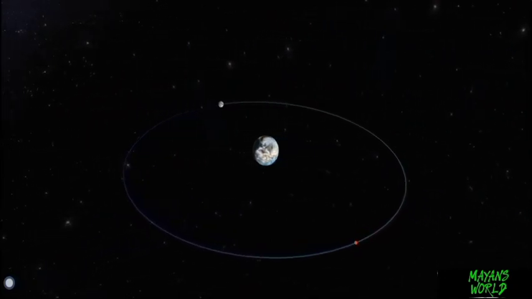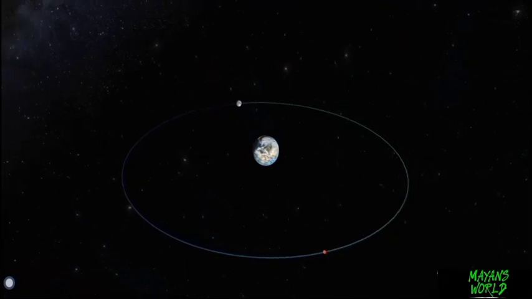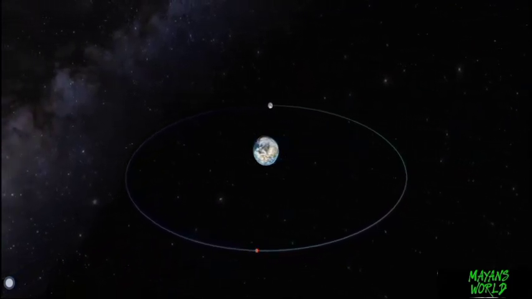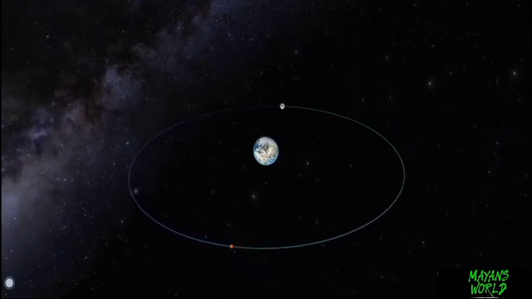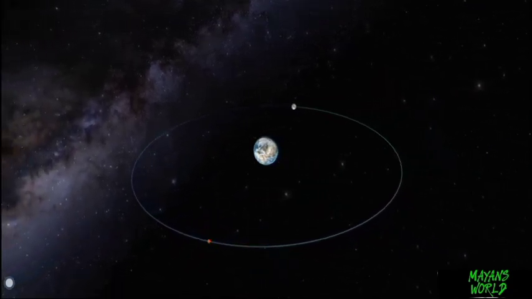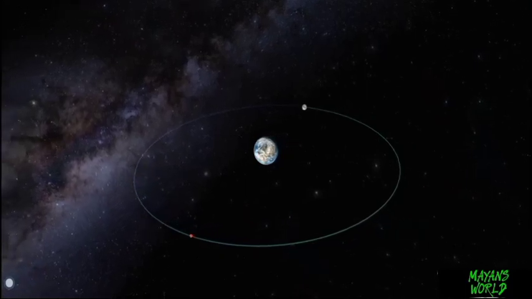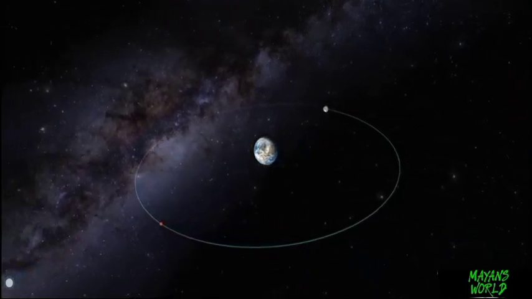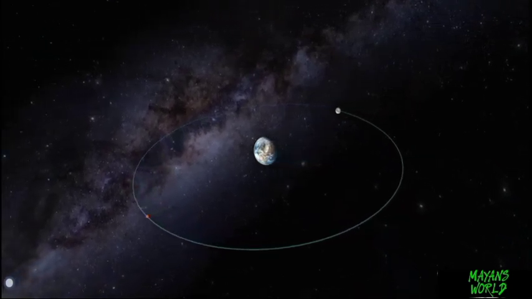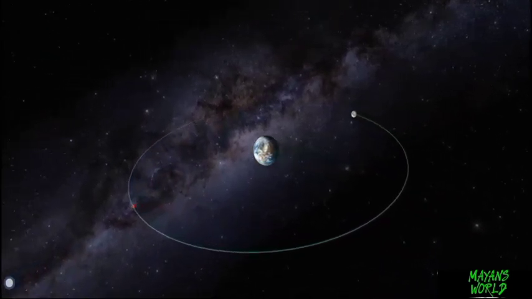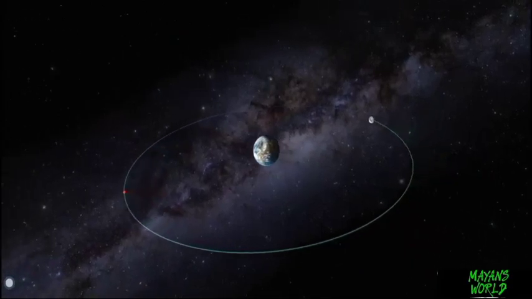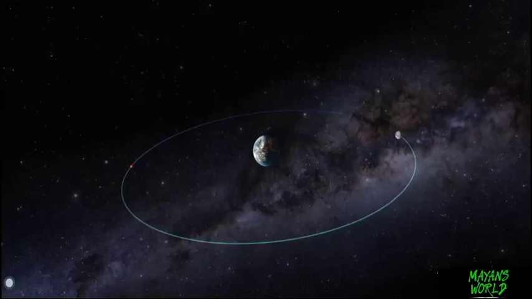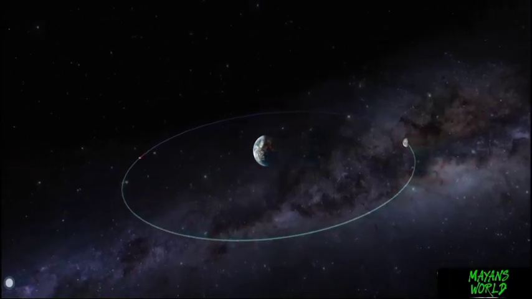Without the Moon, many things would have happened differently. The Moon has had a significant influence on evolution as well. Tides played a role in drawing life onto dry land from water. Our natural satellite also stabilized the Earth's axial tilt, creating the conditions for the climate to stay relatively constant. The major effect of tides on the Earth is the slowing of our planet's rotation, and therefore a gradual increase in the length of the days.